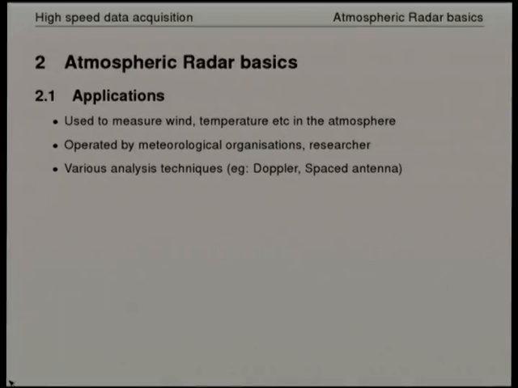So the context of this system is a data acquisition system for atmospheric radars, which our company ATRAD manufactures and sells. These are radars that look up into the atmosphere, they transmit pulsed RF into the atmosphere, and they listen for reflections from the atmosphere. The reflections that come down are extremely weak. We sell to meteorological organisations, research institutions like universities mostly,